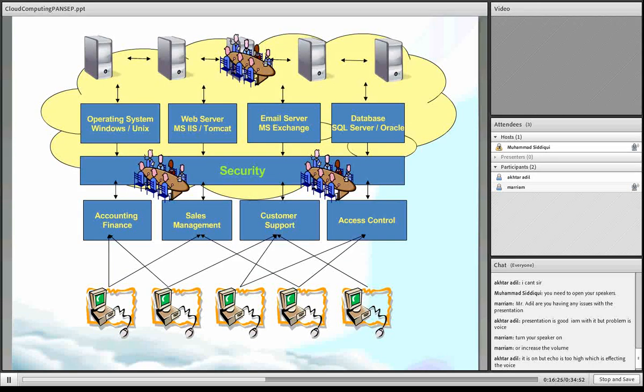Then somebody came up and said, you know what? How about everything on the internet? Not only Windows and web servers, but also my hardware. So there are companies out there in the US today that buy the whole data center or certain facilities in a data center. They bought 5 servers, 5 operating systems, and all that kind of stuff and security, and install their applications on that, and access it through the internet.